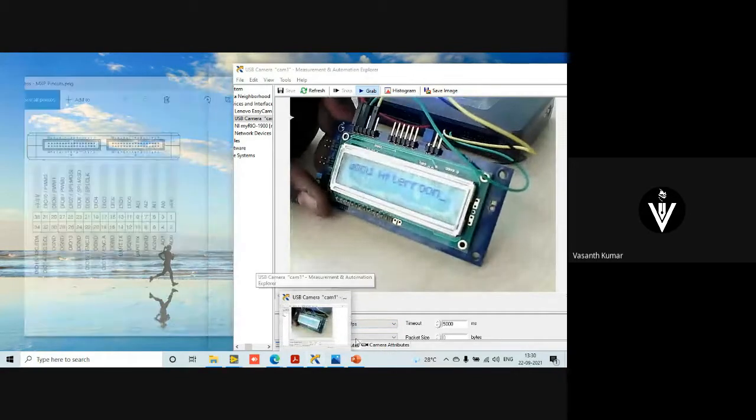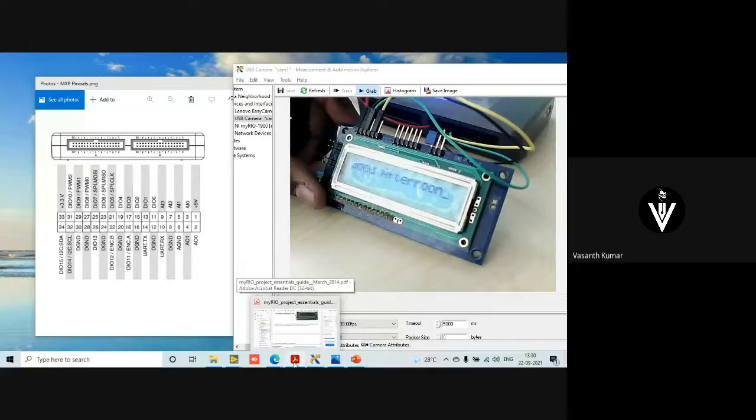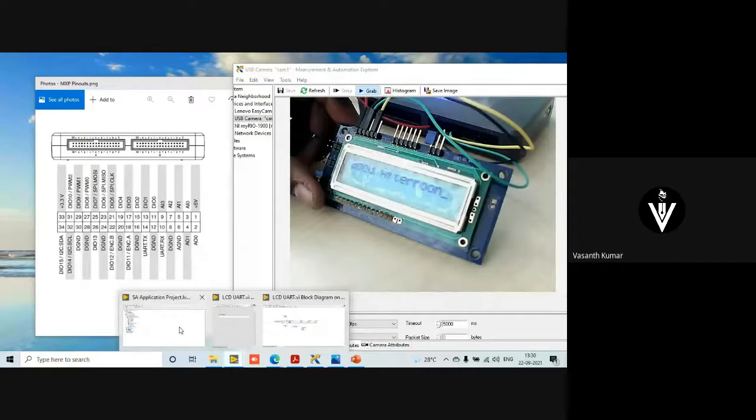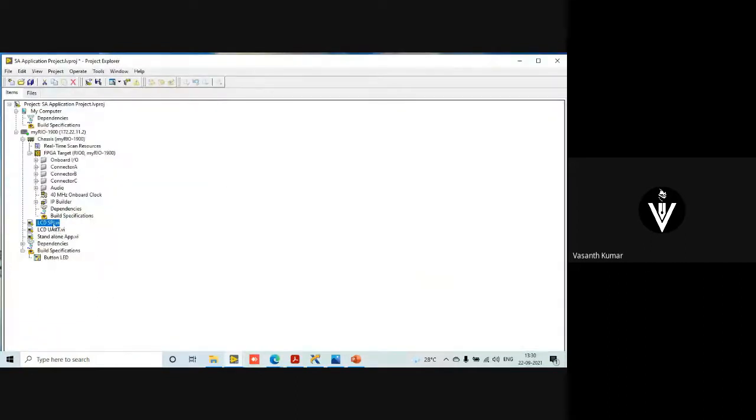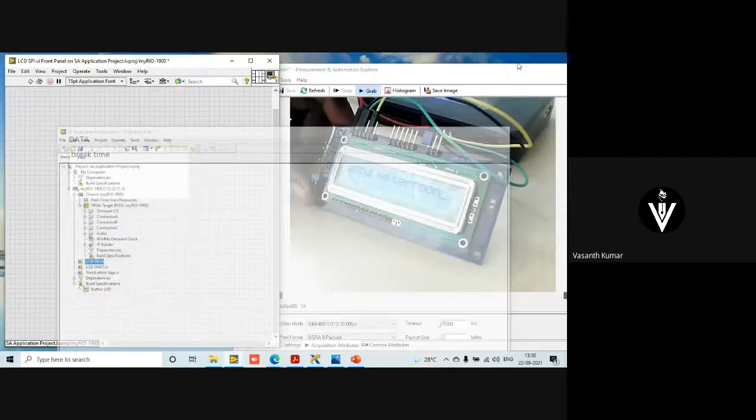Good afternoon. There was a problem with the connection only. The connection was loose. After the connection was made firm, for example, name it as break time. I'll minimize this so you can see this.